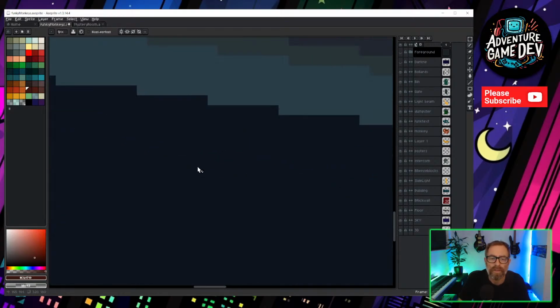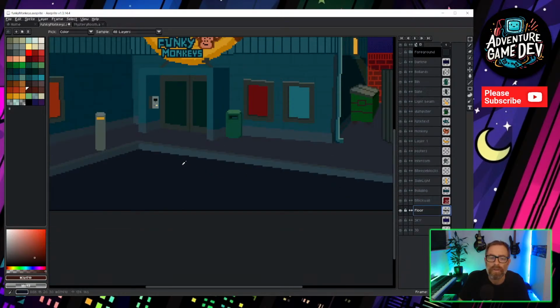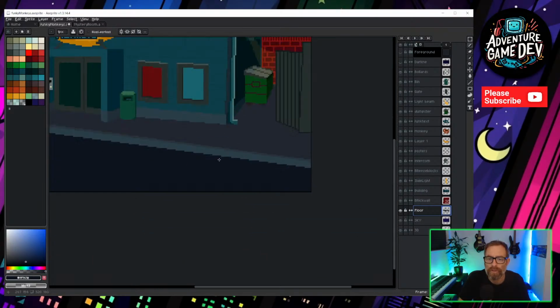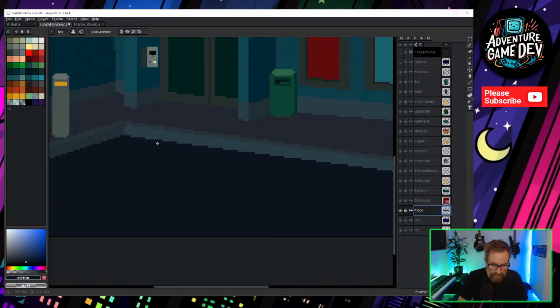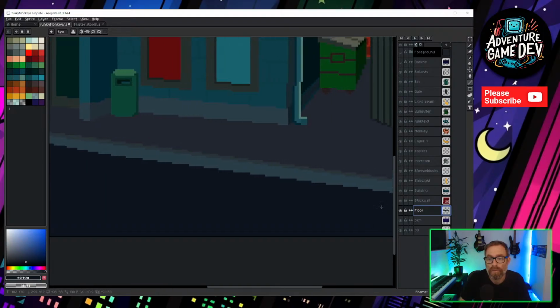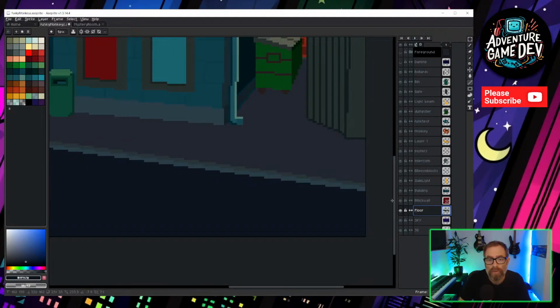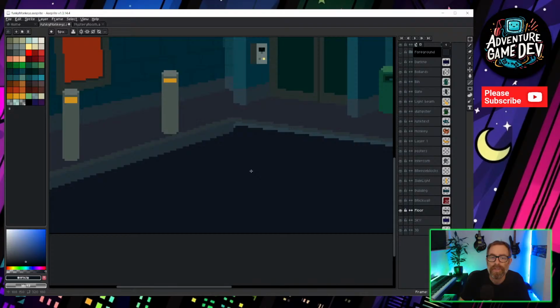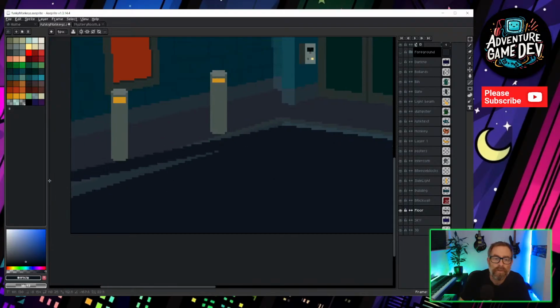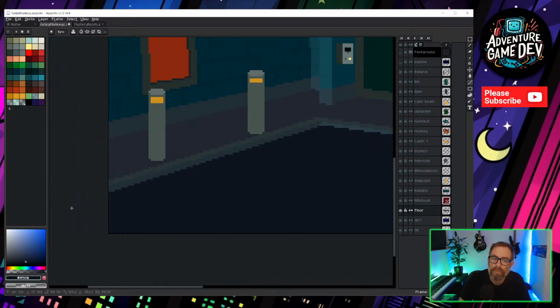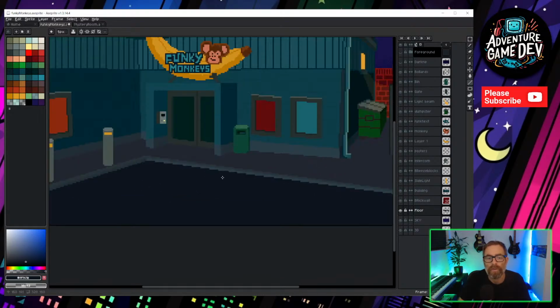So let's take the darkness off there. It's the floor layer. And we're just going to take a load of thickness out of that curb. I think the easiest way to do that is just make a thick line and just, yeah, skim it right down so it's just a few pixels high, and then he's very unlikely to stand on it. And same in that direction. So that looks a bit thinner. It's very jaggy, but I don't particularly mind that look.